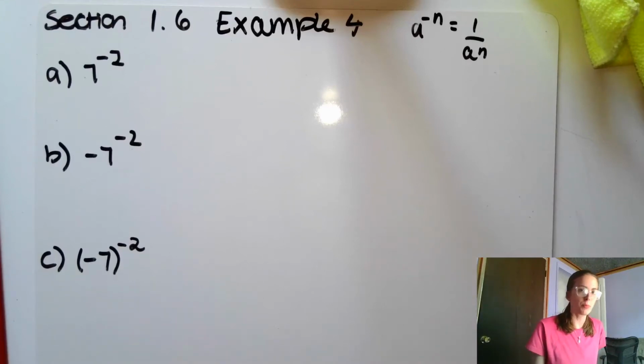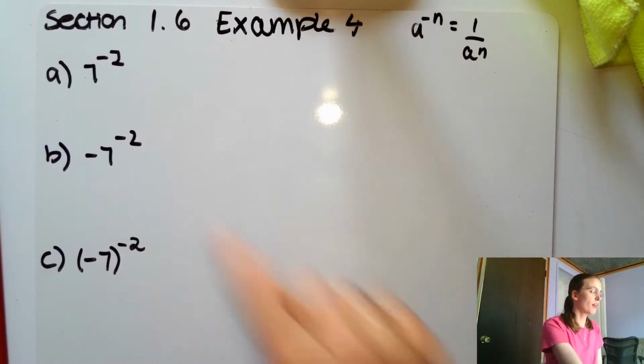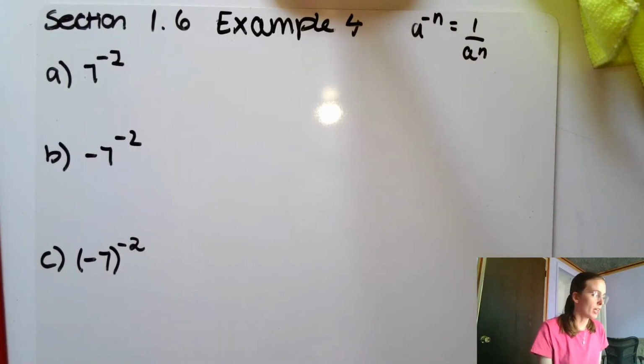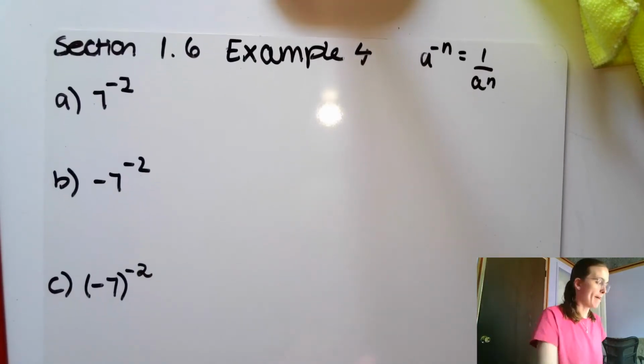Okay, this is section 1.6, example number 4, and we're working with negative exponents. So you need to rewrite these without negative exponents and then simplify. So for part A, we've got 7 to the negative 2, and we need to rewrite this without a negative